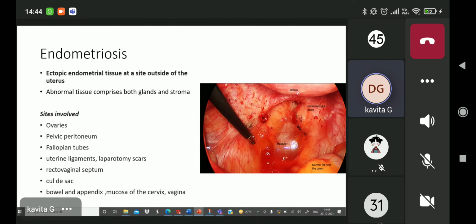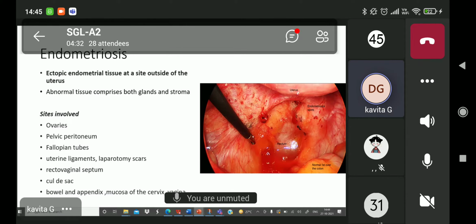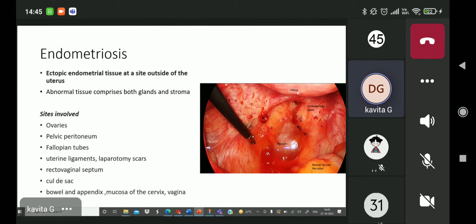So now we're going into the second condition for today, and that is endometriosis. Now, we know that the uterus has a lining, a cavity, okay? A cavity, and when we open up the uterus, that cavity is nothing but the endometrial cavity, the uterine cavity, lined by endometrium. When this endometrium goes to some place outside the uterus, it's wandering outside the uterus, it's going into another city altogether, it is called endometriosis.